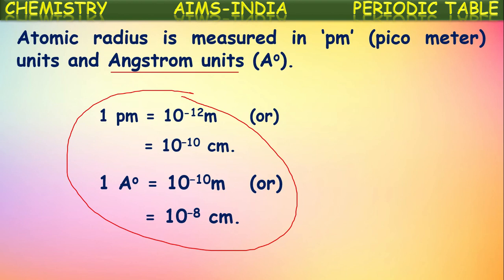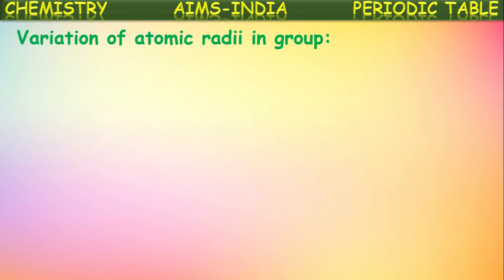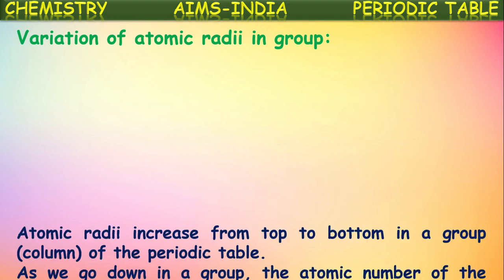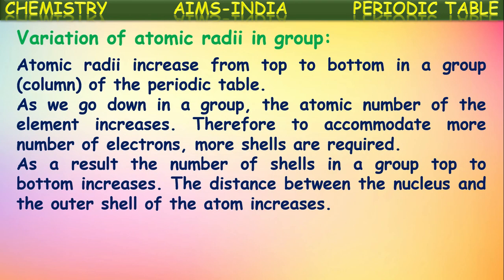Okay, next, variation of atomic radius in a group. How does this atomic radius vary in groups? Atomic radii increase from top to bottom in a group of the periodic table. That means in a column from top to bottom, atomic radius increases. Why? Because as we go down in a group, the atomic number of the elements increases. Therefore, to accommodate more electrons, more shells are